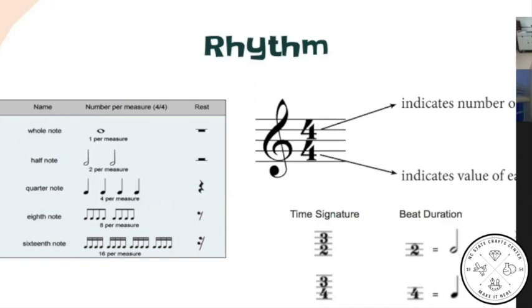Taking the quarter note and adding this little tail to it gives you an eighth note. And if you add two tails, you get a 16th note. And then there are obviously more than this. You can keep going. To get a 32nd note, you would add three tails. To get a 64th note, you would add four tails, and so on and so forth. Now, we'll talk about what this means and how to apply it, but before we get there,